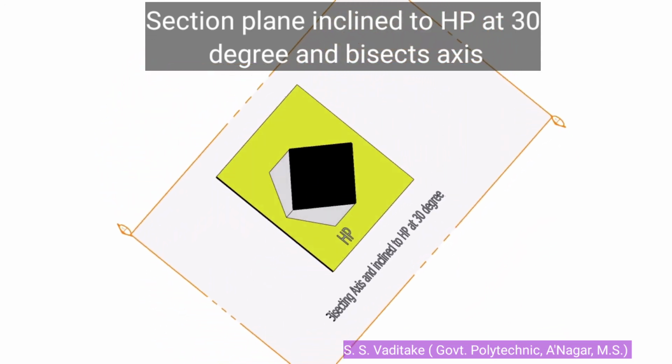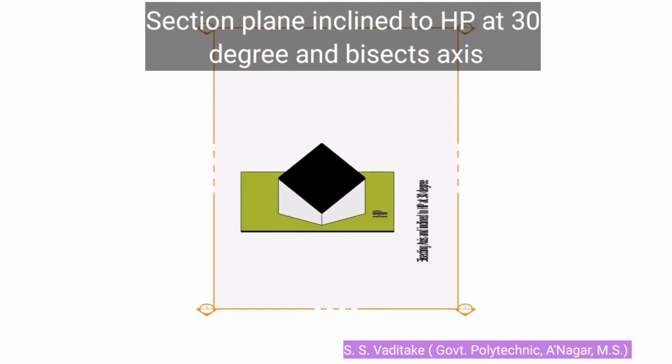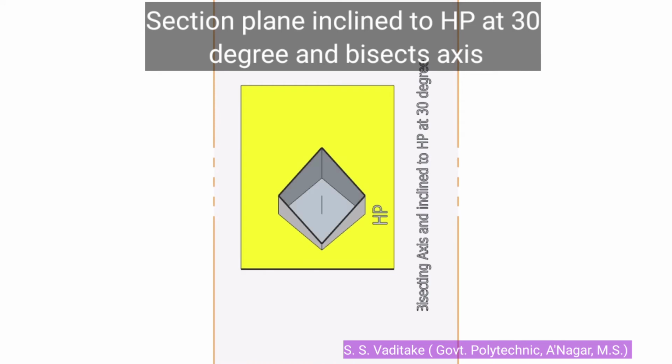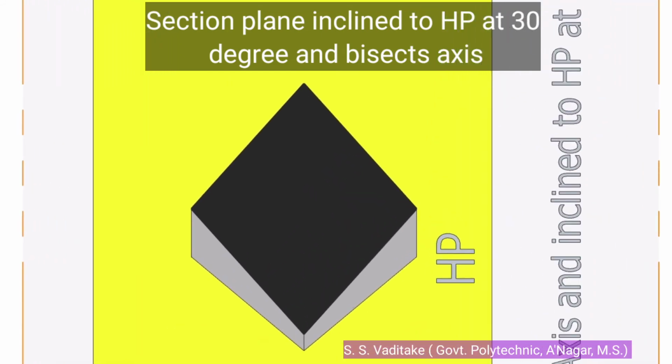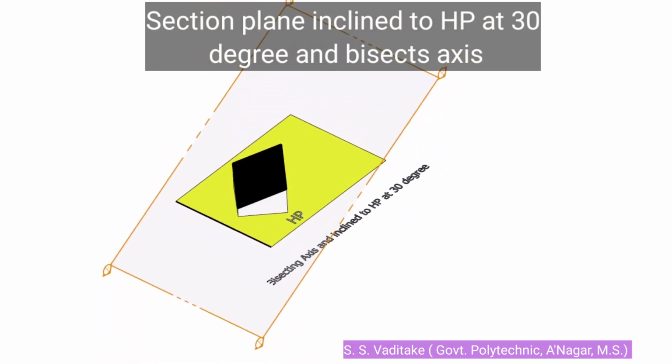Now we have to draw its true shape. Now this represents the sectional side view. To draw its true shape, we have to look at this object in a direction perpendicular to the given section plane. Thus its true shape appears like this one, while we are looking perpendicular to the section plane. Such a true shape will be observed for the given case.